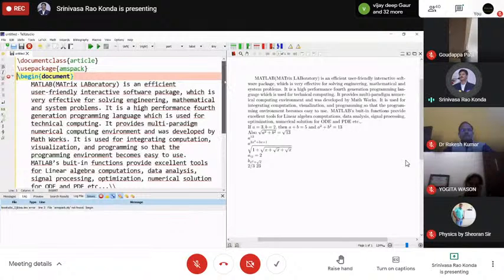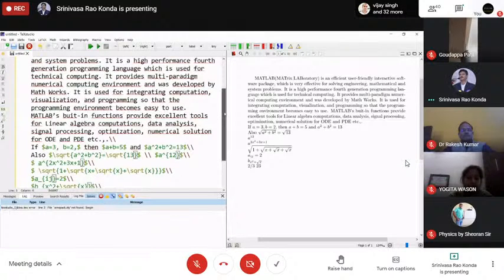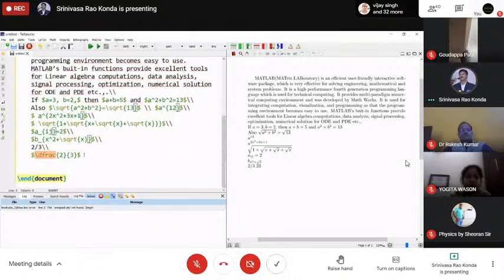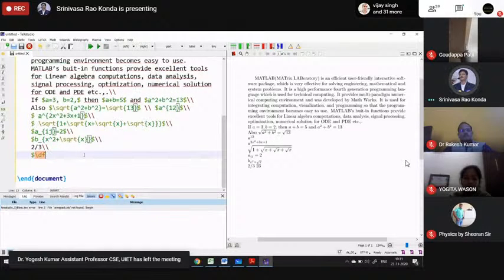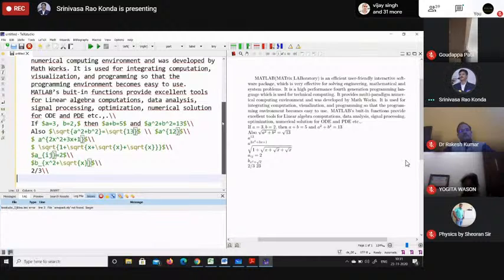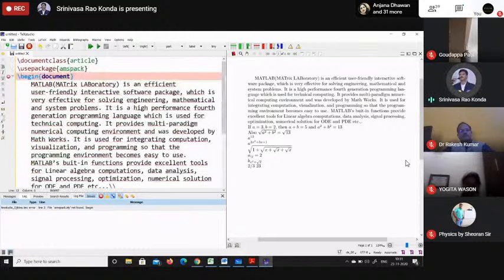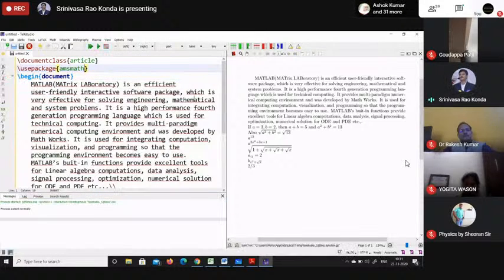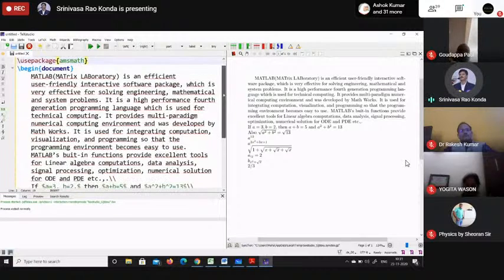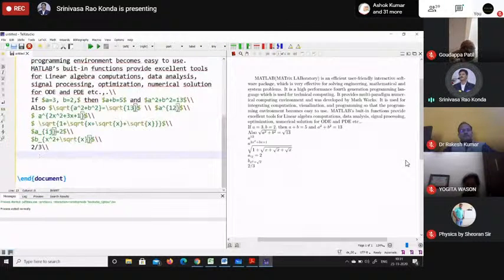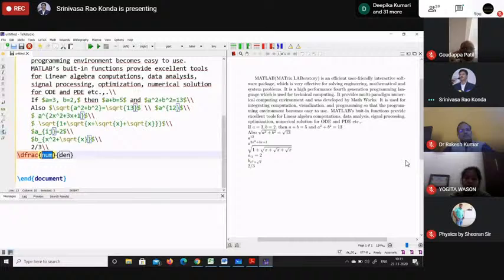Oh, sorry, maybe I forgot the dollar symbol. \dfrac is correct only, amsmath is correct only. One second. \usepackage{amsmath}. Sorry, I typed amspack. No, sorry, I typed amspack. It should be amsmath. Okay. So now I am using the same command to